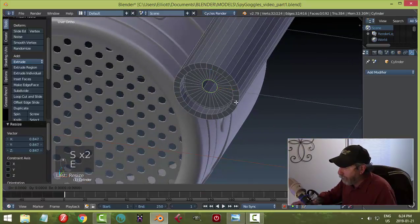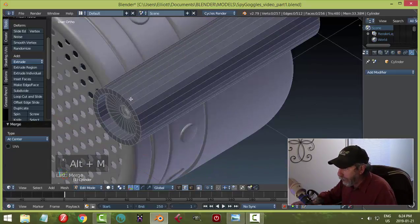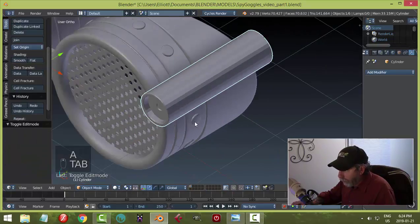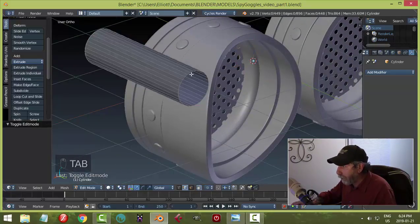Do we need one more? E and in, E and S, E and Alt M, merge at center. We could do that. Let's bevel this end here. Actually, I might as well bevel both of these. Control B, although I will put a subdivision surface, but just a little bit. Why not? Okay, so we'll go with that, and then at the end we'll close it up, but we'll do